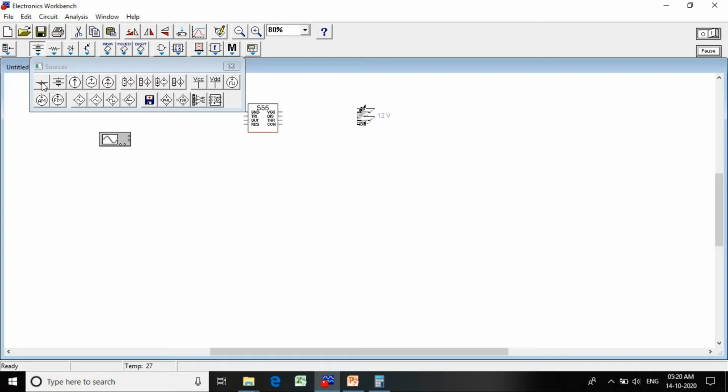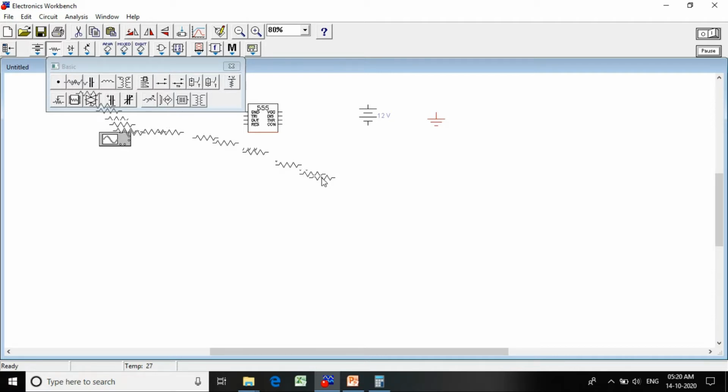Then we require a ground connection for connecting the other terminal of your VCC. Then we require resistors. How many resistors do we require? We require two resistors. Then we require capacitors.